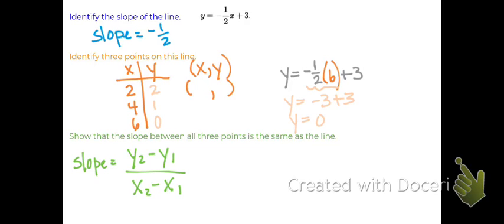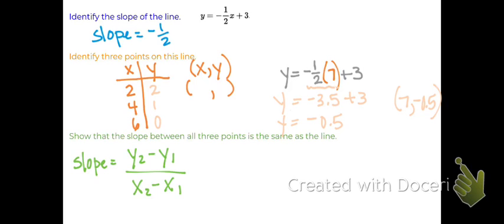Now, why did I pick x's that I could divide by 2? Notice that my y coordinates aren't decimals. They're pretty clean. What if instead I put a number like 7? If I put 7 in for x, I'm going to have -1/2 times 7, which is going to give me a decimal. I'm going to get -3.5. So on the right side, I have -3.5 plus 3. And when I add them, I get -0.5. So it still is a point when I put 7 in for x, y is -0.5, but